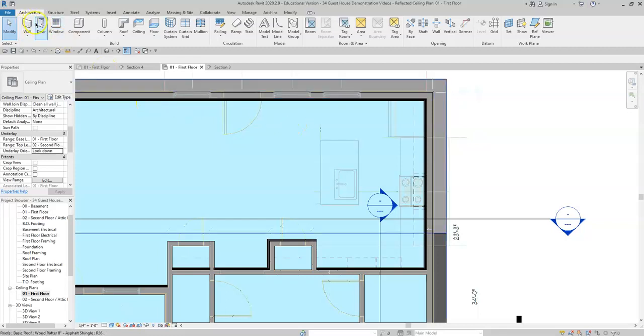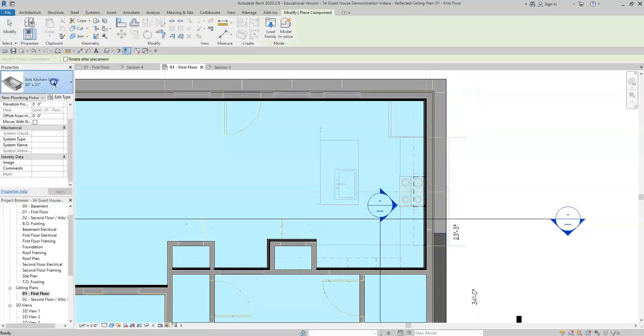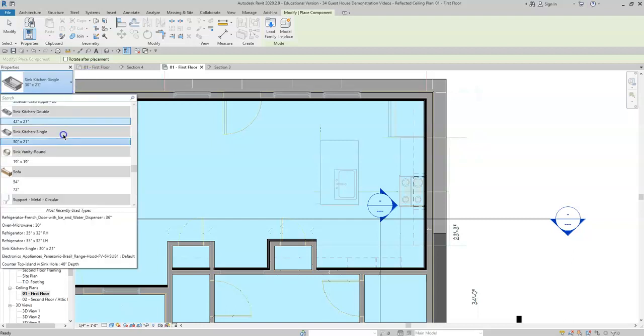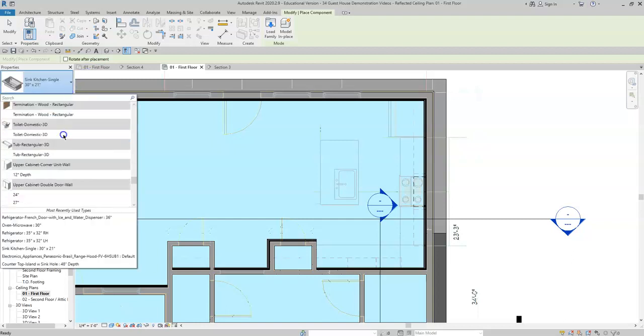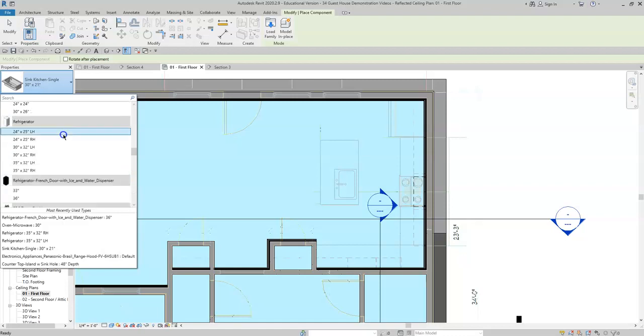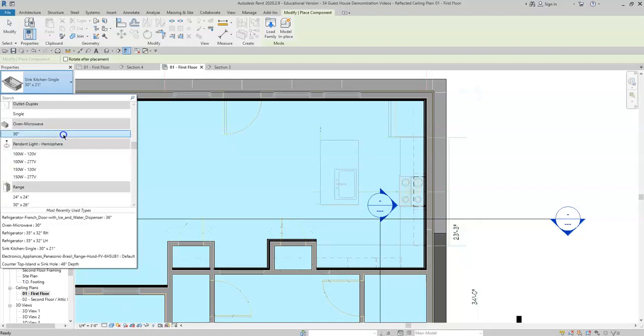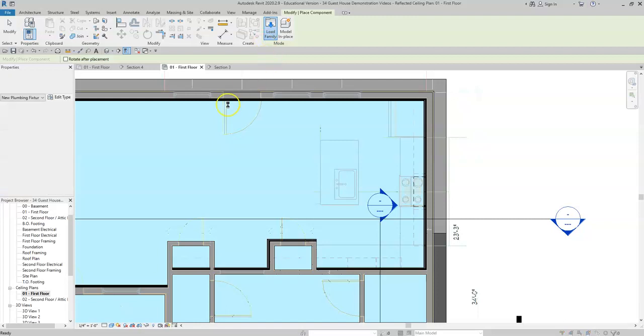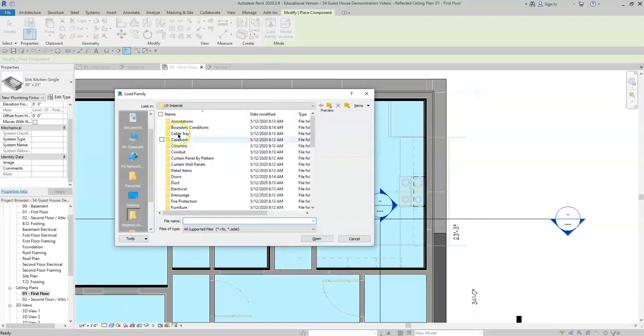To place your lighting, we can go to the components, and our template file gives us a few different types of lights to place in the house. We have some recessed cans up here in the top. In the lighting section, we have a pendant light that we can use. And we also can load more components in. We click Load Family and find Lighting. There's a whole folder full of lights,